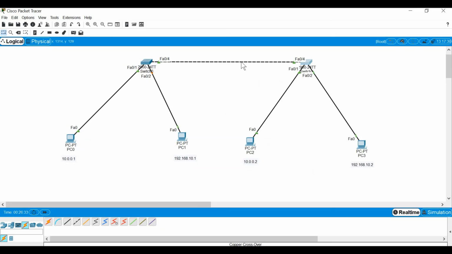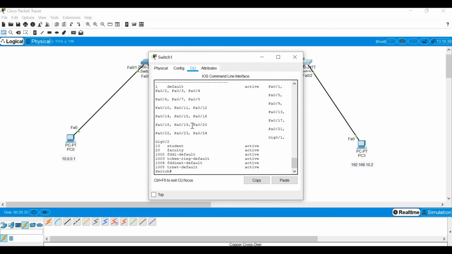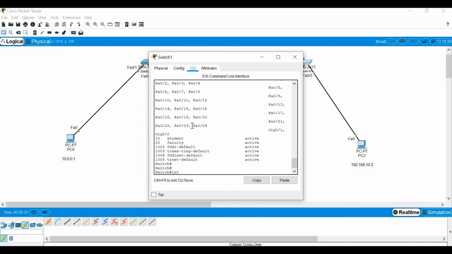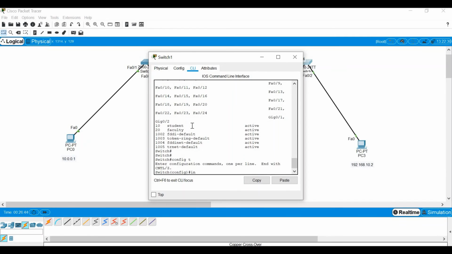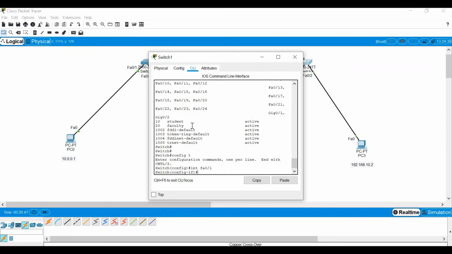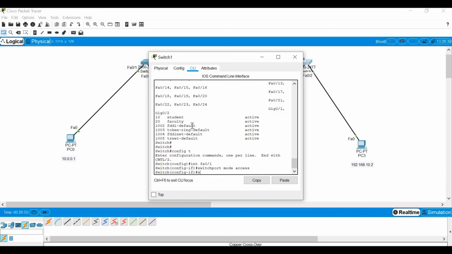Same thing I am going to repeat for switch 2 also. So I think the same ports. First let's go to config mode. Then I'll go to interface FA0/1, and switchport mode access, and switchport access VLAN 10.